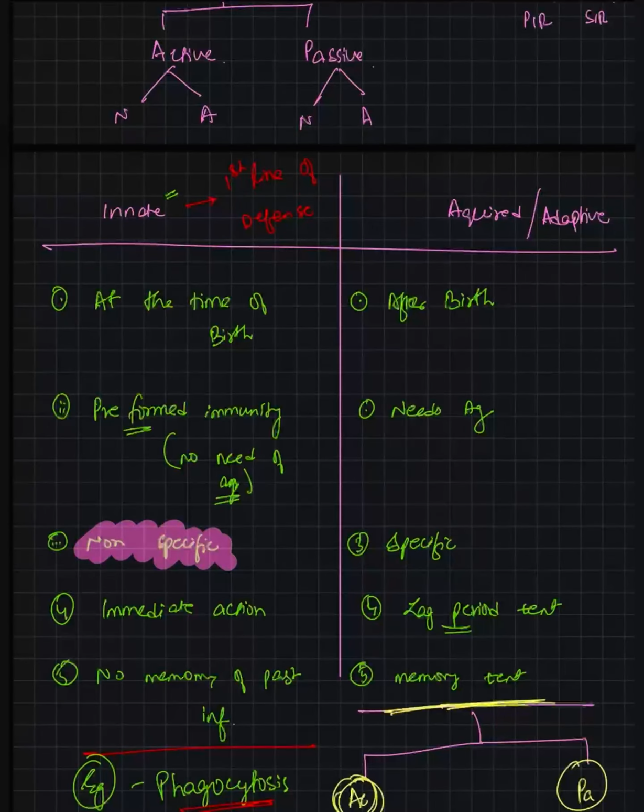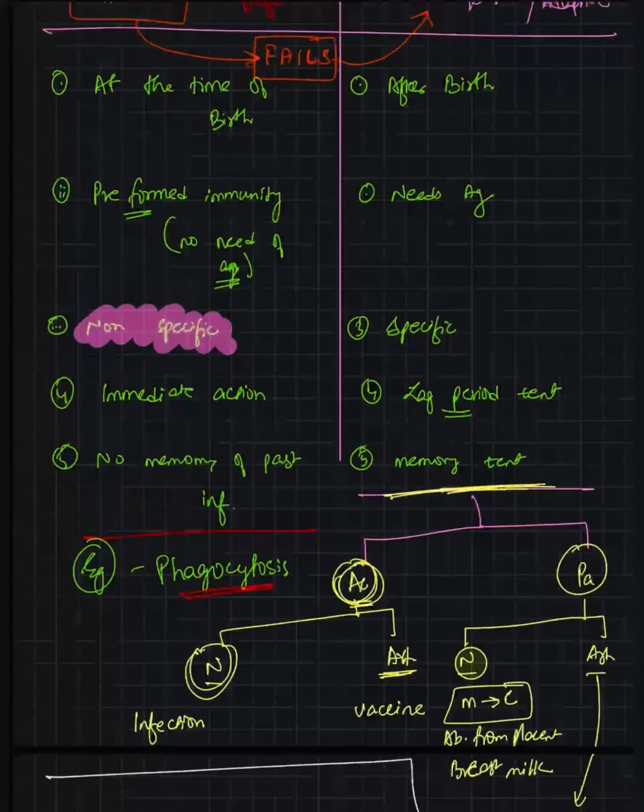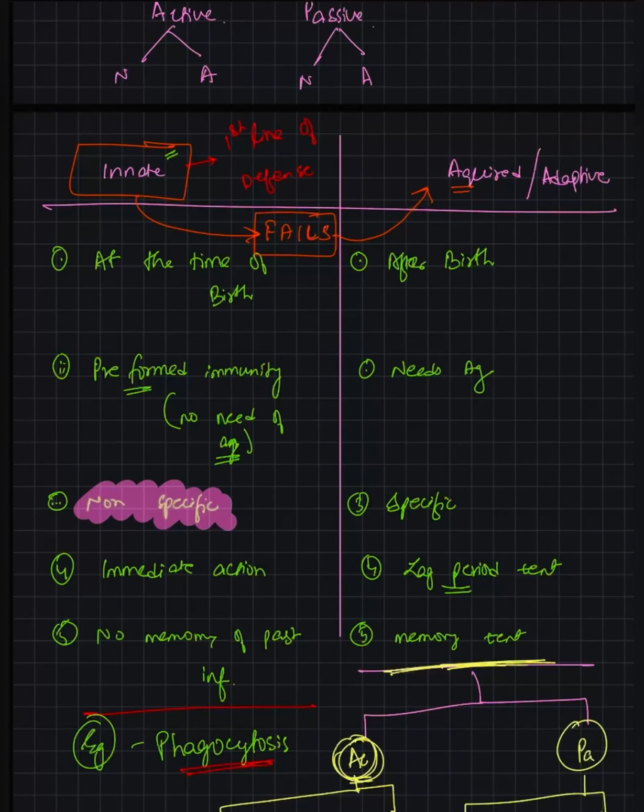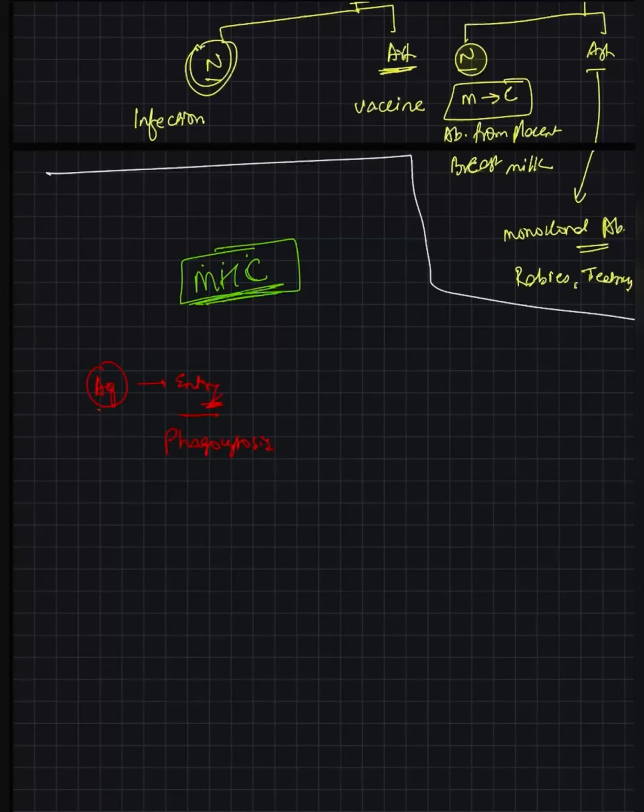We have to remember that if this fails, then the acquired immunity comes into action. Directly, acquired immunity will never come into action. So, antigen entry, phagocytosis, it means if the antigen survived,